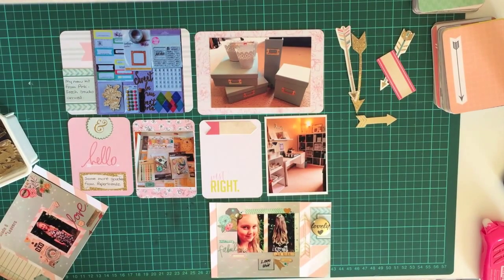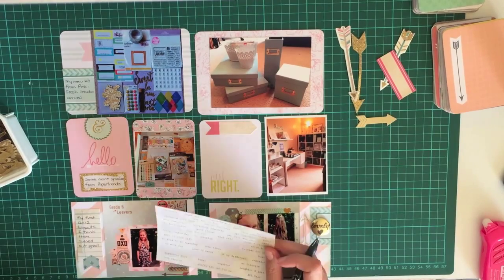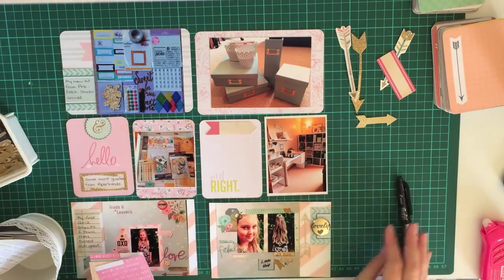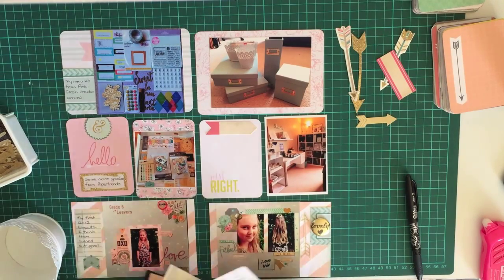mostly the same things. Like the cards here are September Skies, but most of the embellishments are from crepe paper, which they do seem to match nicely. I also like Amy Tan stuff. There's some of her stickers down the bottom there, some little word stickers, but I like a lot of her papers and embellishments and things, but